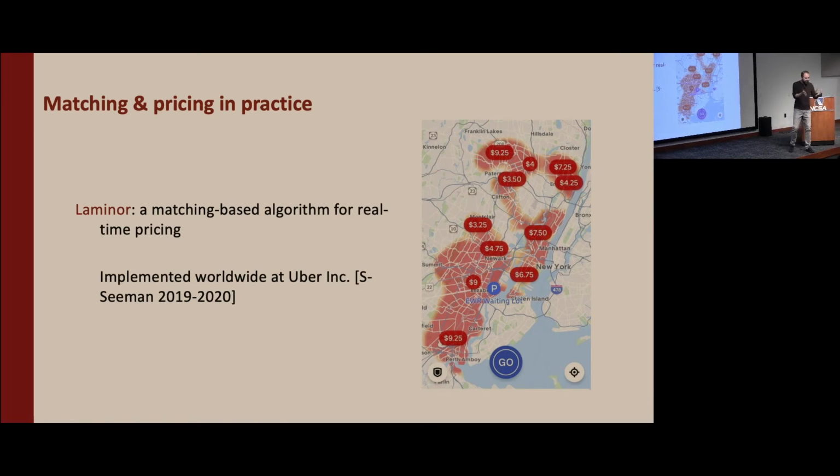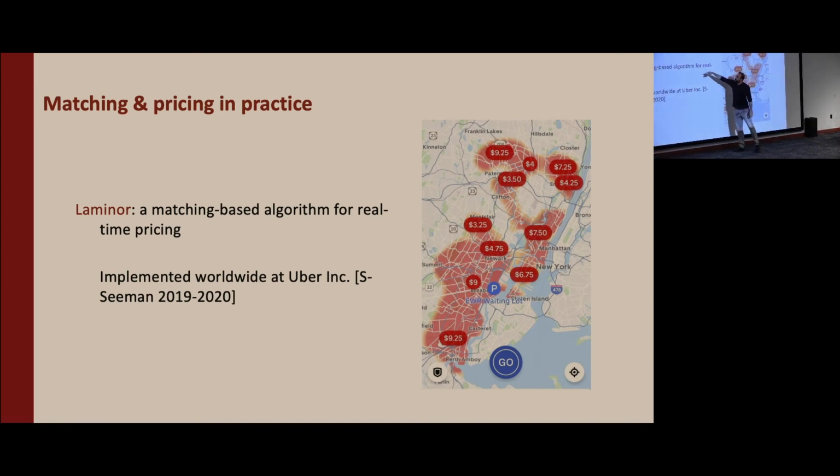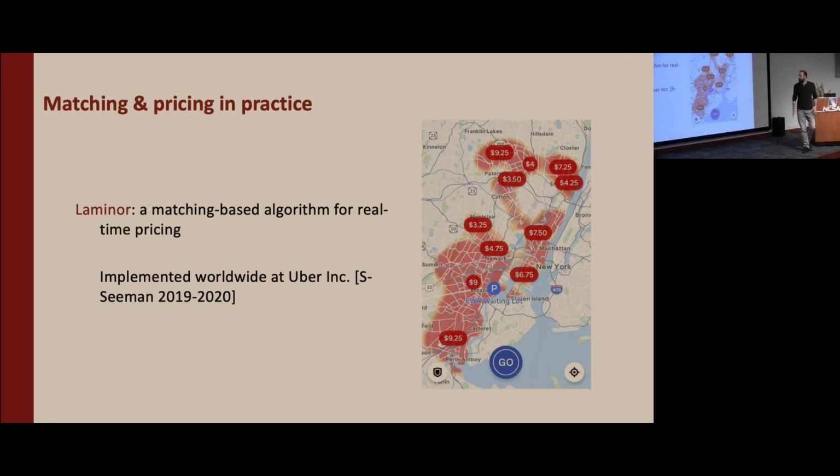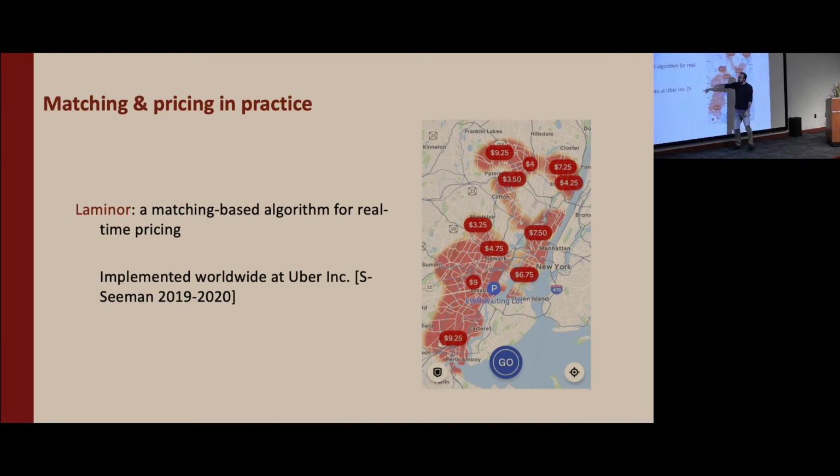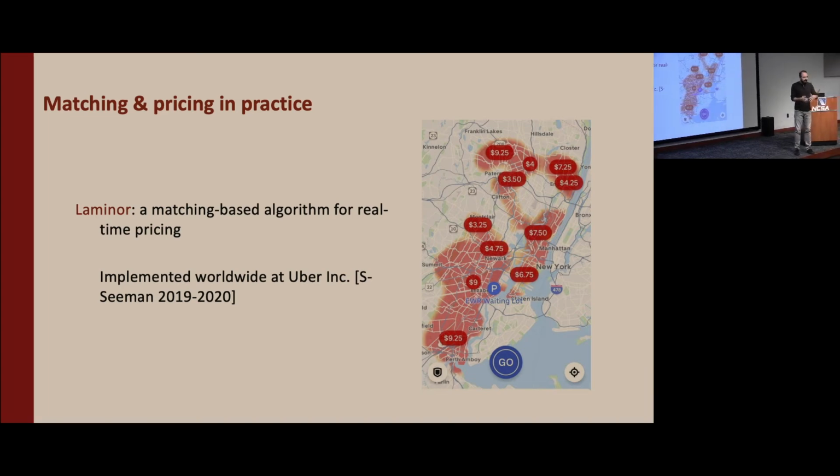One of the lucky coincidences while I was at Uber: Uber decided to overhaul their real-time pricing. We came up with a matching-based algorithm for the real-time pricing. There were a number of amazing data scientists and engineers involved in this large project, but the algorithm was by Leo Seaman and I, which in early experiments did amazingly well, and now it's implemented worldwide. The real-time pricing is essentially what they call surge pricing. So next time you get a surge on Uber, you can thank Leo.